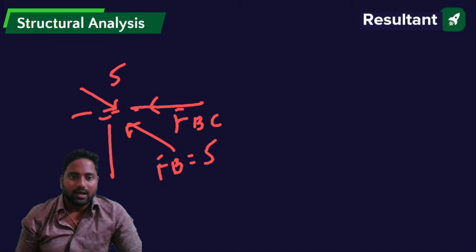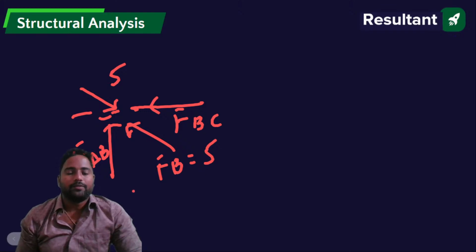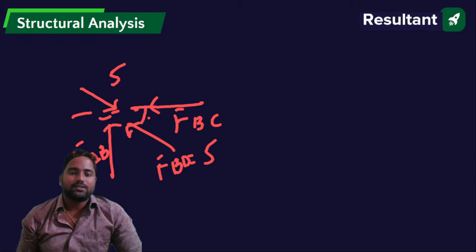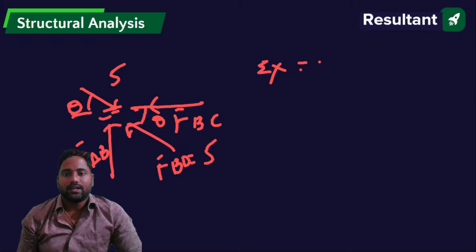Our idea is to find out FAB, right? So FAB should be found out. Now, if this is theta, this is also theta. If I take summation of forces in y direction, this is not x, this is y direction,